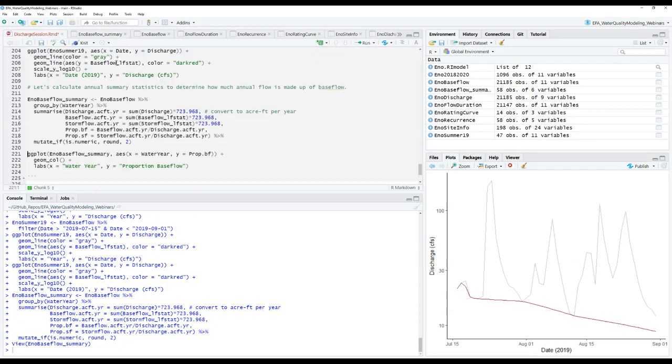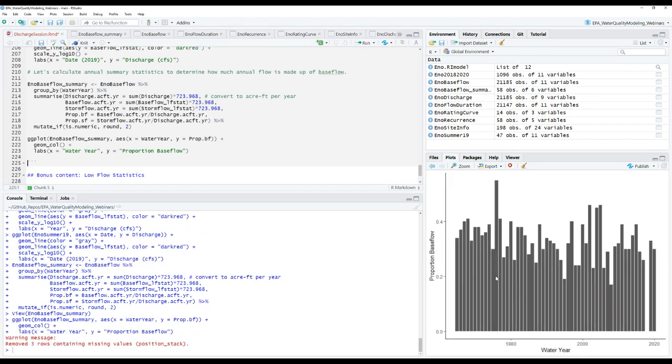Again, perhaps not useful to scroll through a spreadsheet, so let's actually plot that. So by our water year on the x-axis, proportion base flow on the y-axis. So here's what we're working with in terms of our proportion base flow each year. In any given year, we're probably hovering somewhere between about 20% to about 40% base flow in the Eno River. And given how much variability there is in our peak flow statistics, this proportion base flow is fairly robust and fairly consistent across years. We get some variability across years, but we're generally seeing a good proportion of base flow in this specific stream.